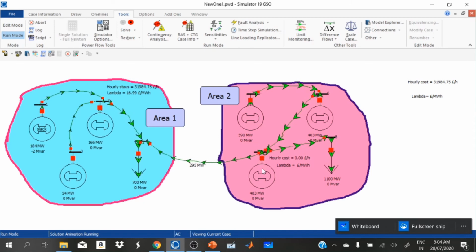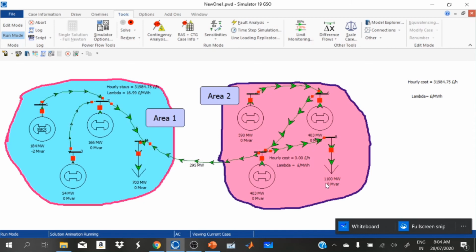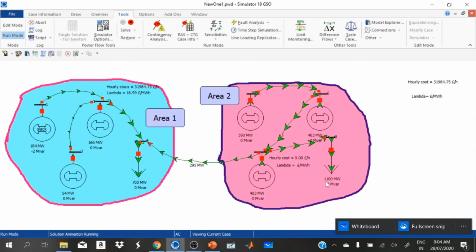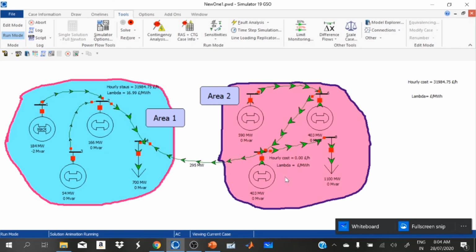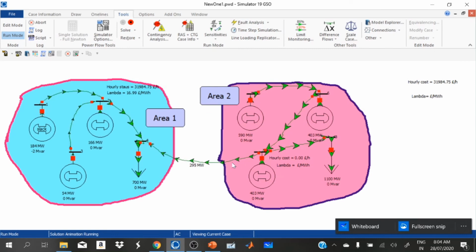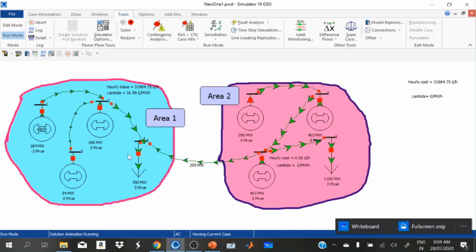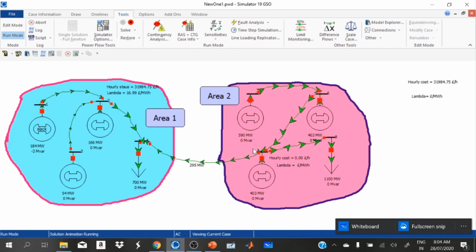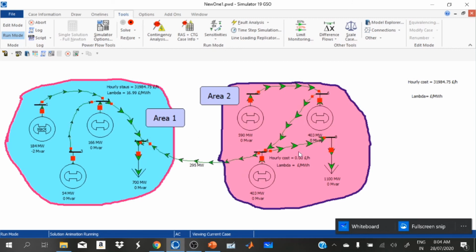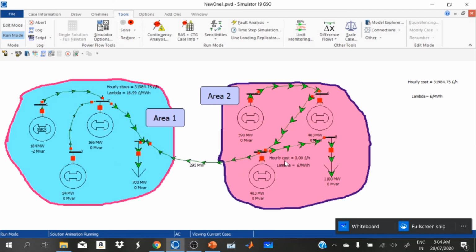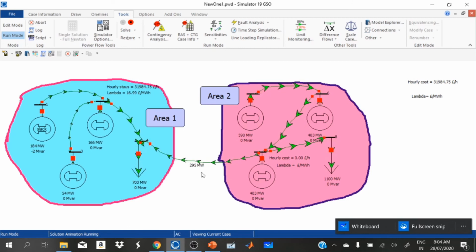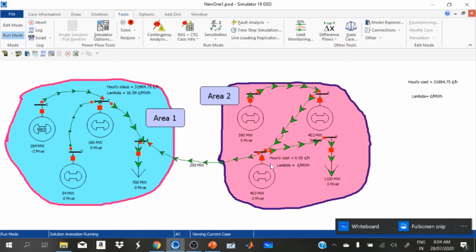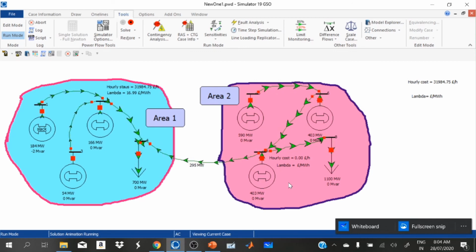These generators are not only supplying 1100 megawatt, in addition 295 megawatt is also shared with area 1 to equalize the lambda between area 1 and area 2 and reduce the hourly cost. From this we can conclude, by connecting areas together we can save power as well as money and also fuel usage.